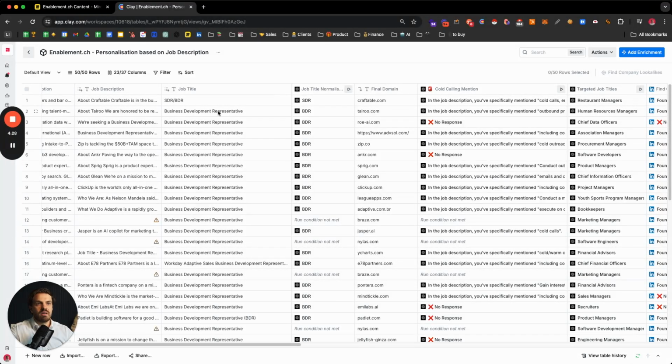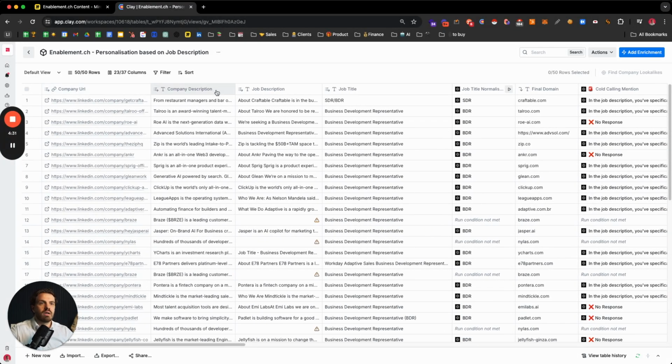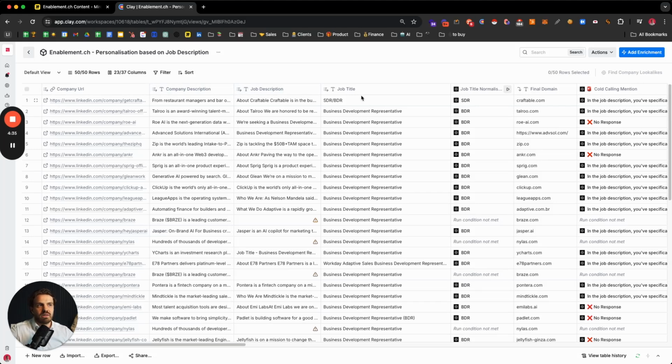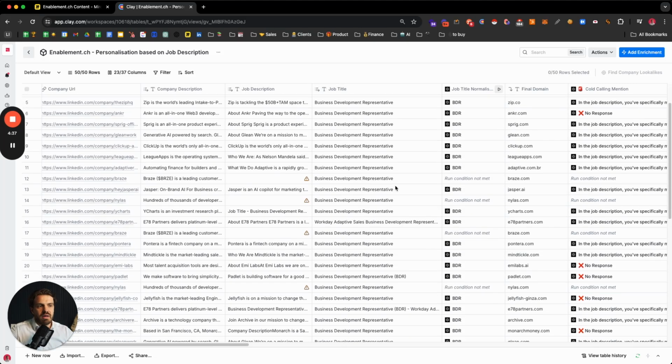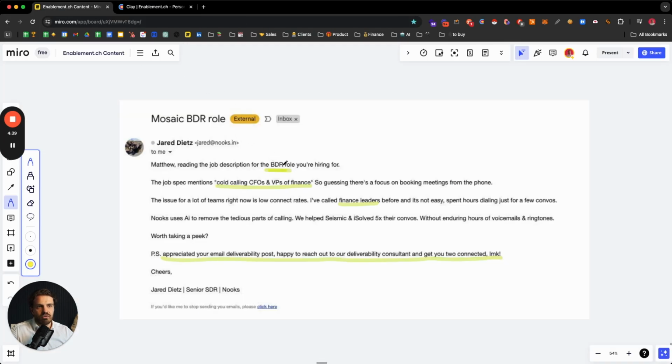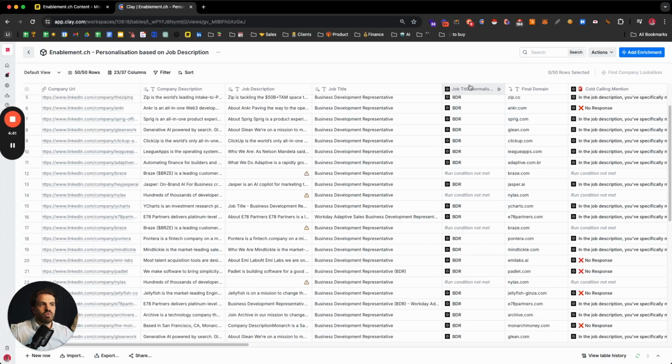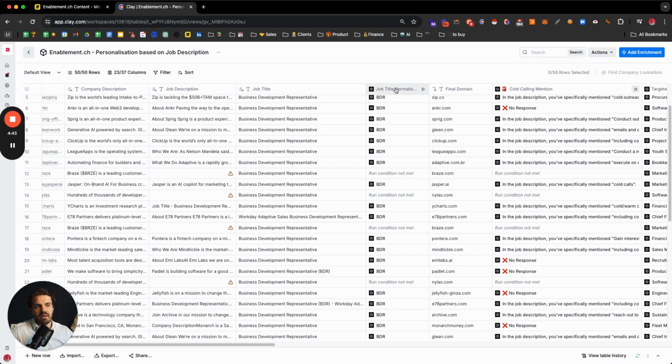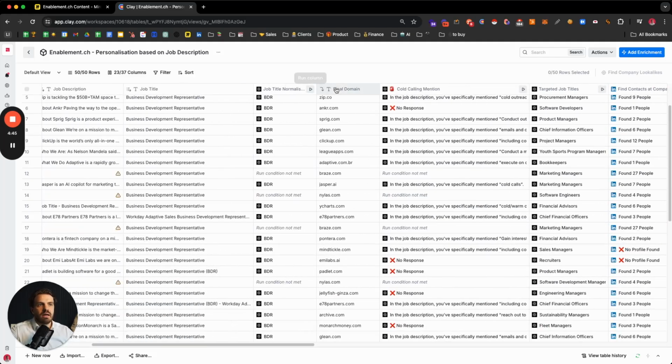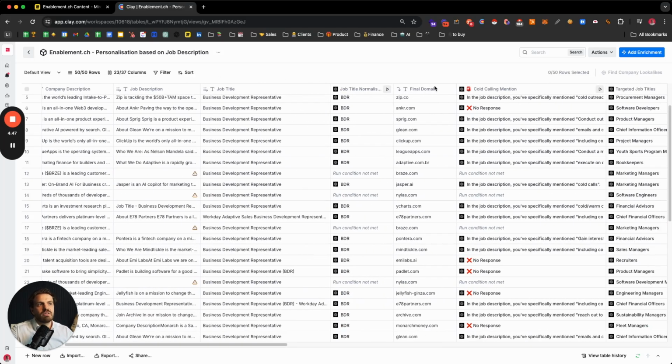Now, what do we have here? We have the company URL, the company description, the job description, and the job title they're hiring for. Now this is a bit of a mess. I can't really make a short, nice statement out of it, so I need to normalize that. I do that with OpenAI. Then I also need to enrich the company domain, because I don't have it. There are multiple ways to do that.